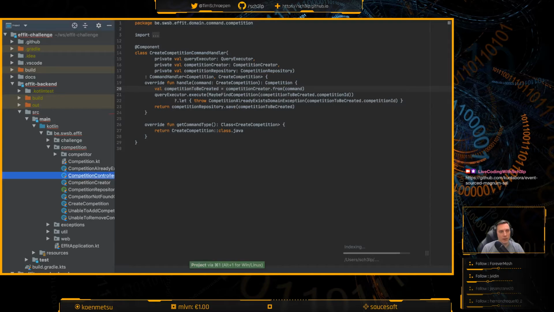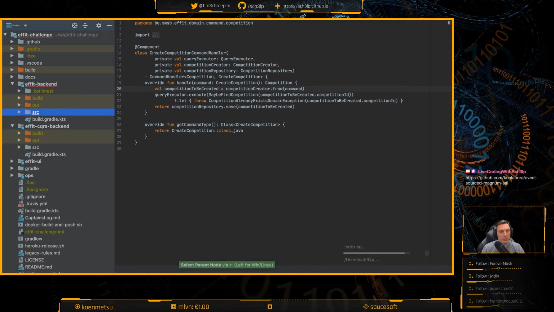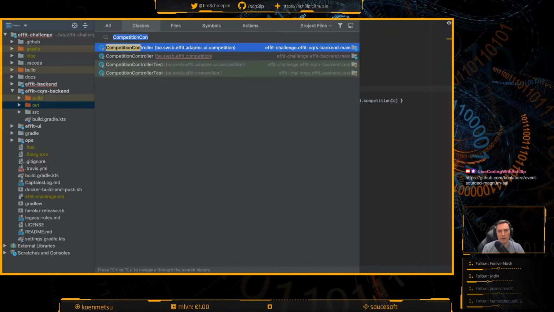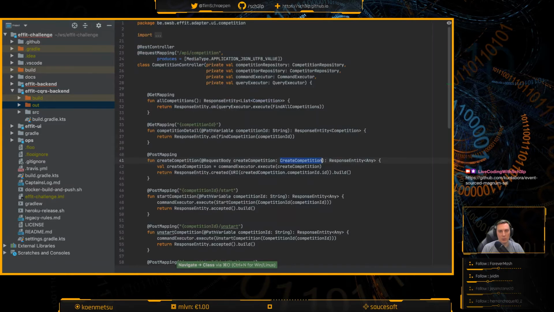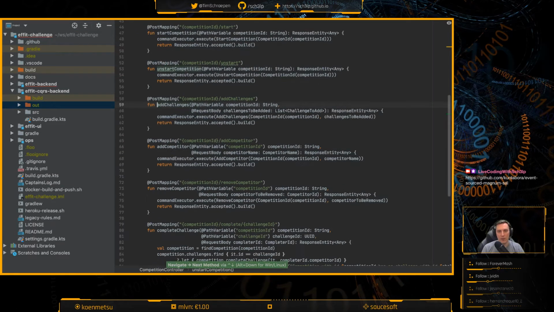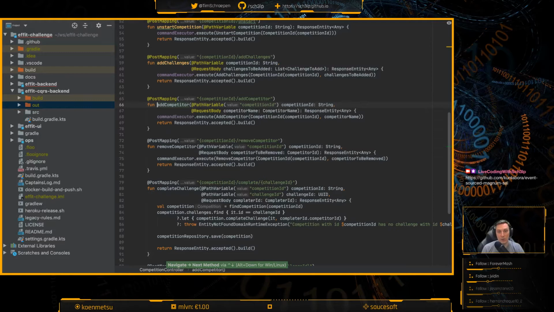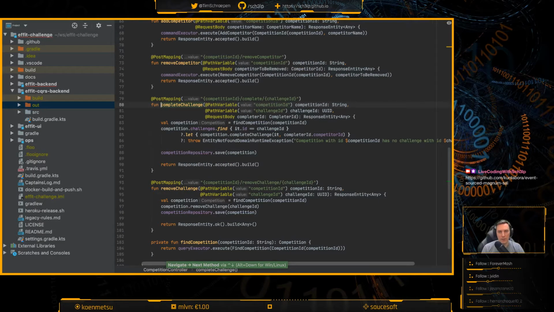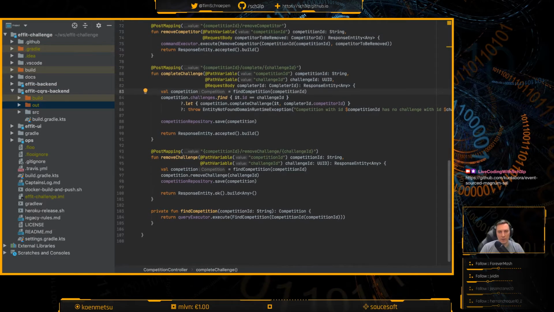And I forget where we actually left off. But yeah, let's find out, shall we? So here's the competition controller. We'll just find the one that's not using commands just yet. And this seems like the next one. So complete challenge, and then there's remove challenge.